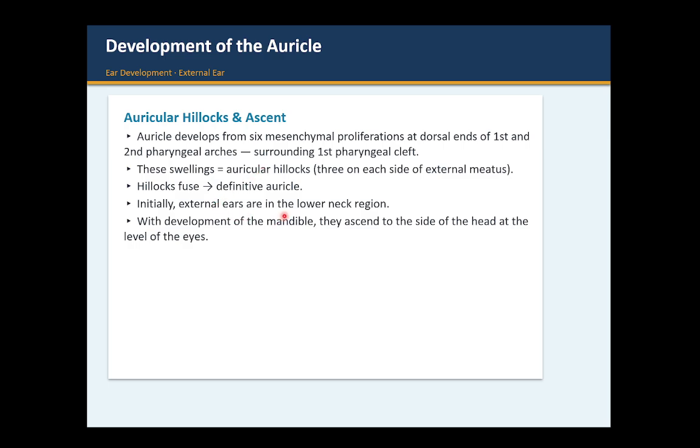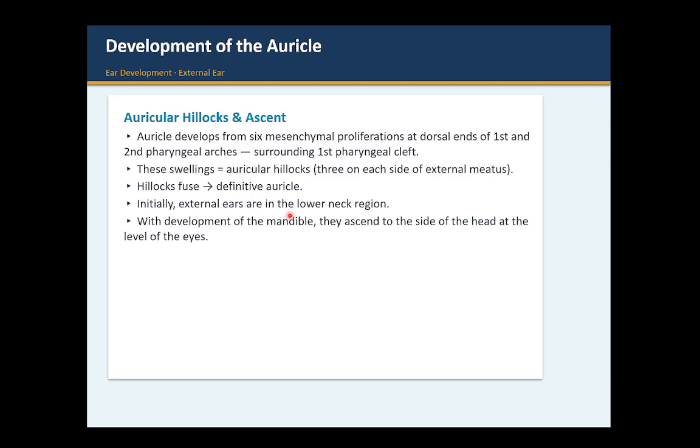Initially, the external ears are in the lower neck region. So your external ears are here in the neck region, they are not here. But as your head and the mandible grow, they move upward and come towards the side of your head. If these bones do not grow, your ears will not go up. But as the mandible and everything grows, your ears will come towards the side of your head. So with the development of the mandible, they ascend to the side of the head